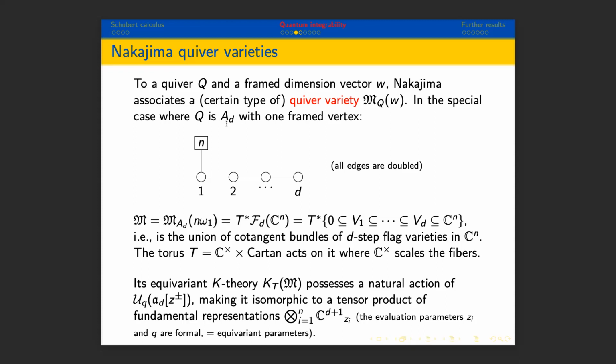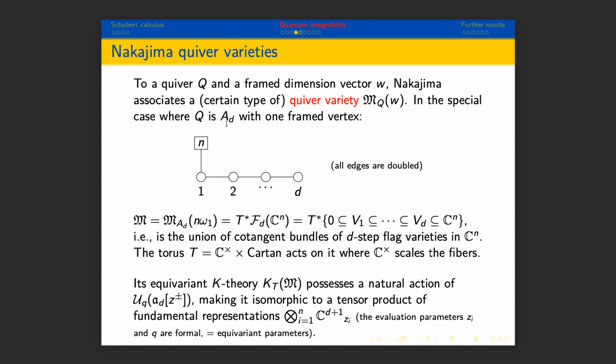And then there is a bunch of integers associated to that quiver. In fact, there are two. This slide oversimplifies a little bit. There are usually two sets of dimensions: the frame dimension vector and the gauge dimension vector. But I guess in this slide, I'm implicitly assuming that the second parameters are kind of free or whatever. So I'm simplifying the story a little bit, but basically to a quiver and some dimension vector is associated